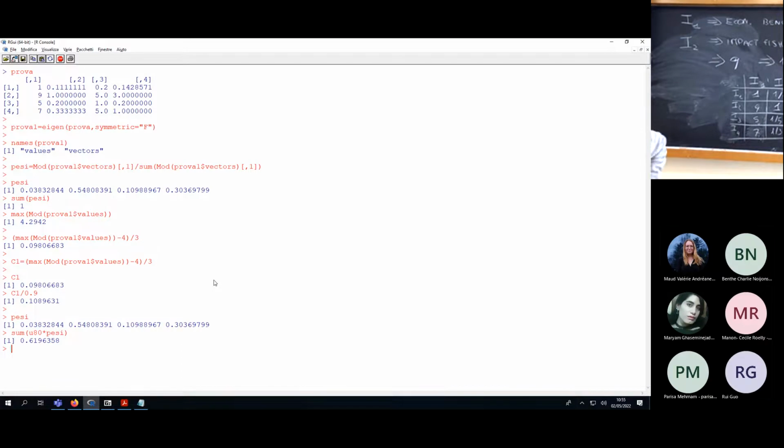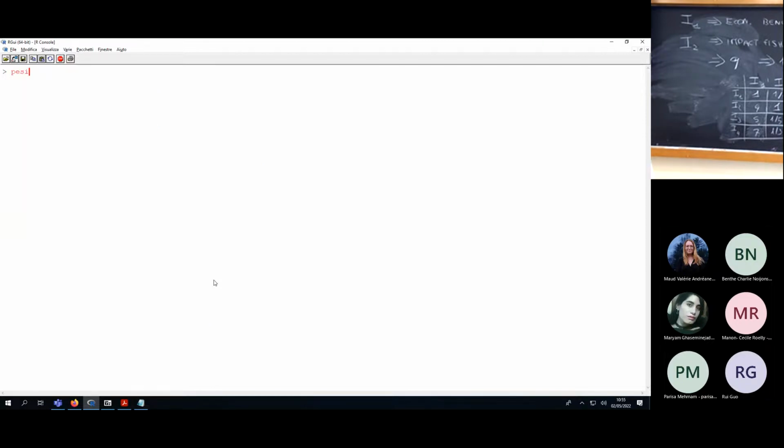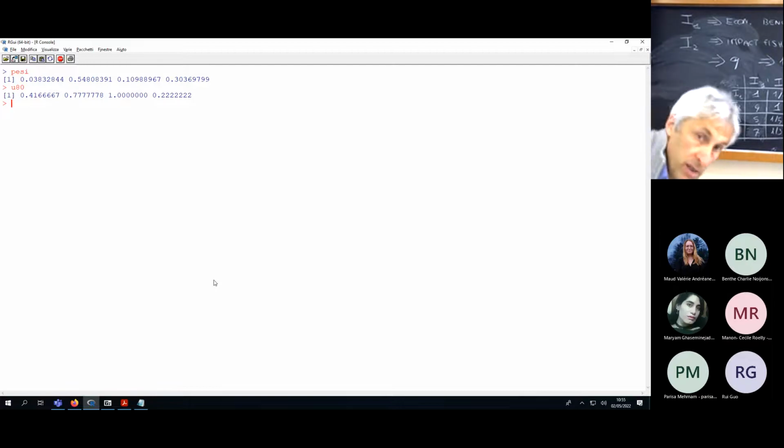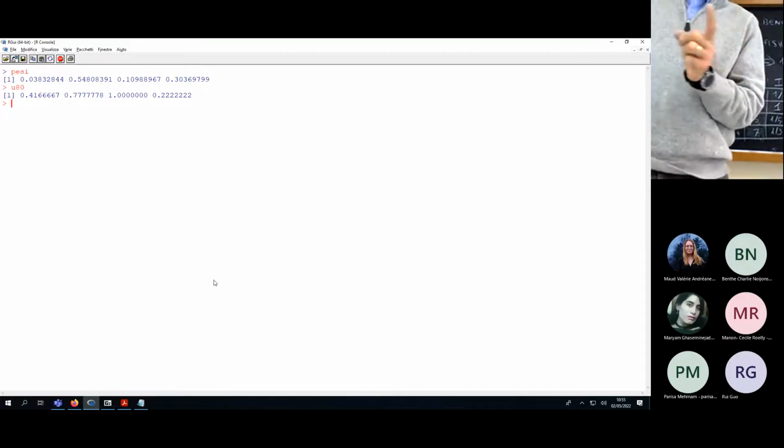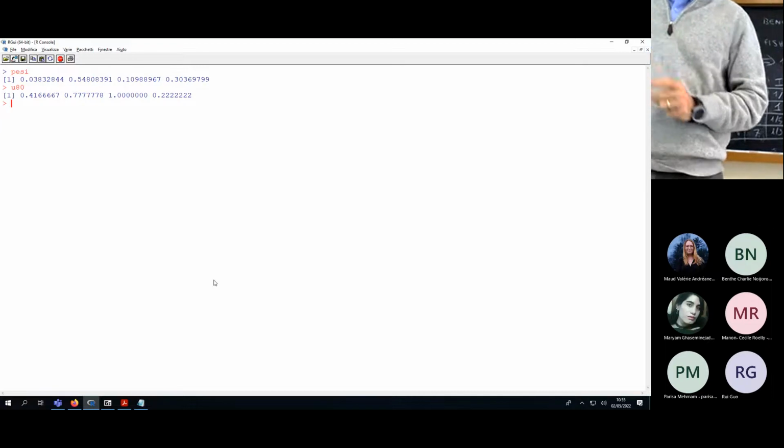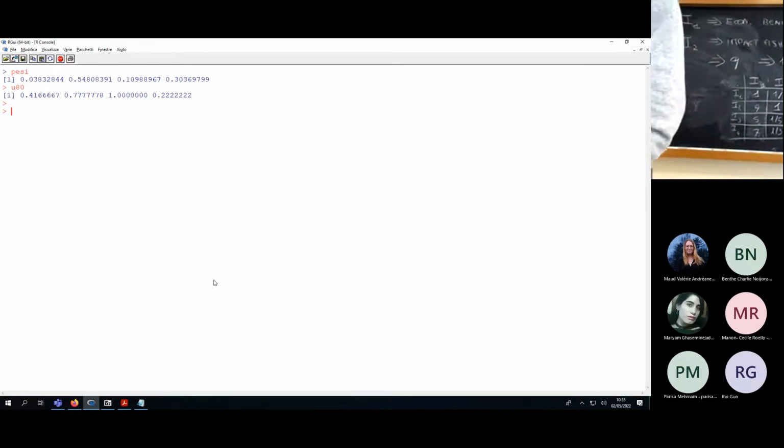This is the overall utility of the design flow of 80. Let me repeat it. Let me clear the screen first. These are pesi, and this is the vector U80, which is the utility given to the design flow of 80 according to each criteria. Now, if I compute pesi times U80, what I get is a vector of dimension 4,